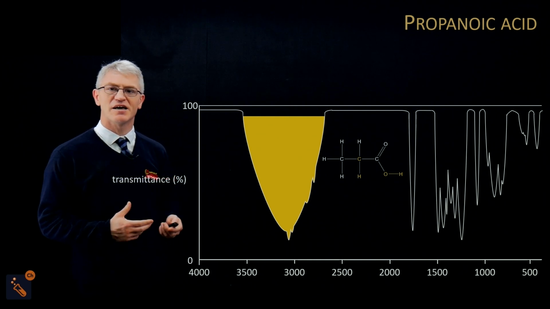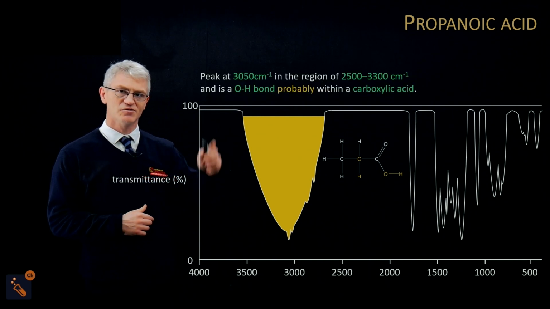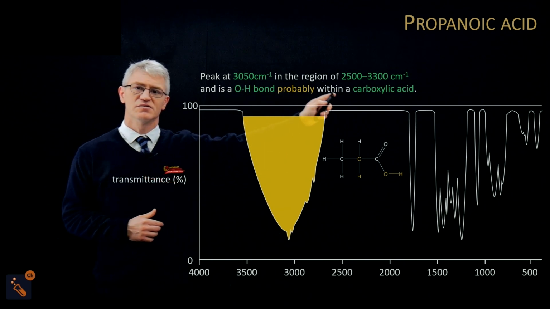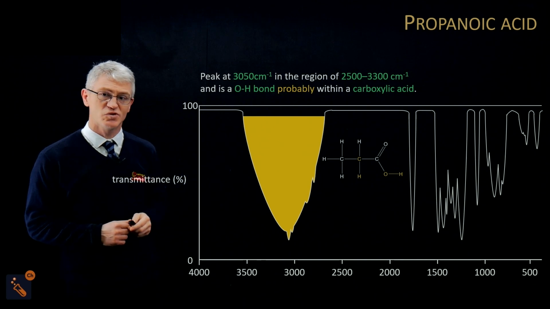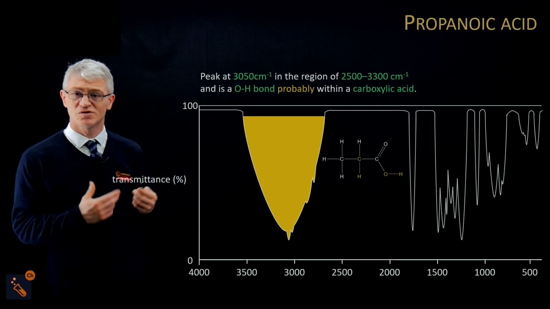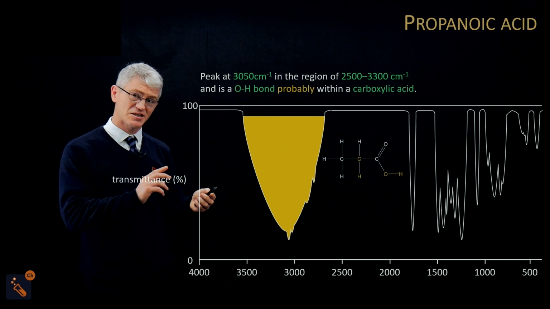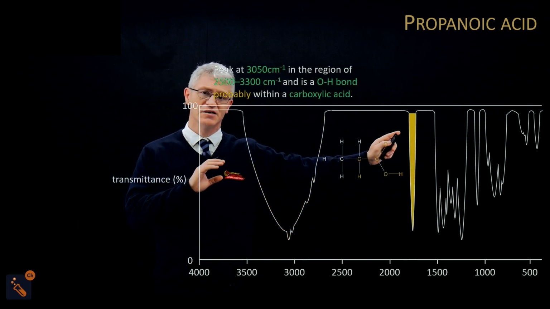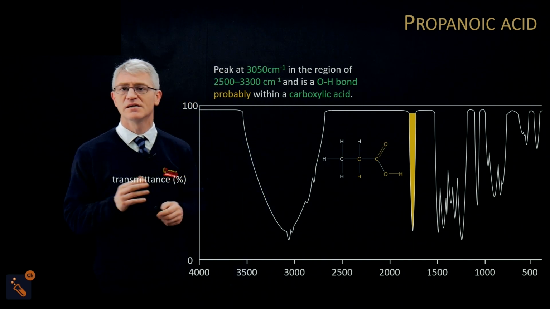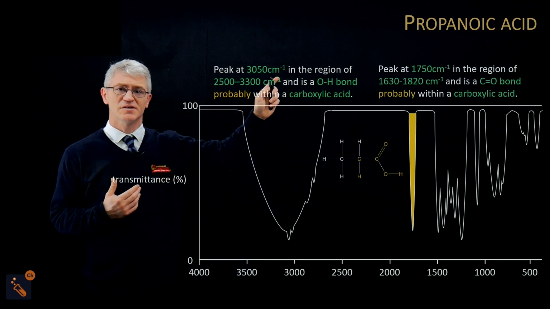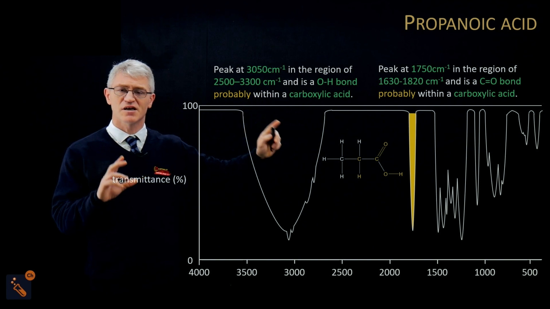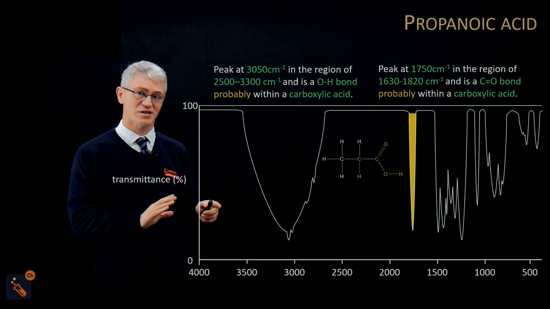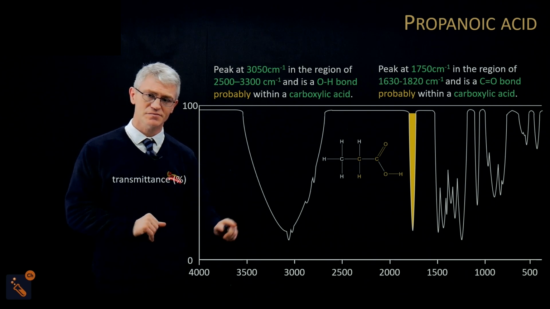So if we do that in the way in which we're meant to, as in writing it out with the peak number, right down the centre, the range, and then what bond it is. We think it's a carboxylic acid, and we'll tell you why now. So we think it's a carboxylic acid because we can also see a C double bond O. That C double bond O is at 1750, in the right range, and so because we've seen both, we think it's probably a carboxylic acid,